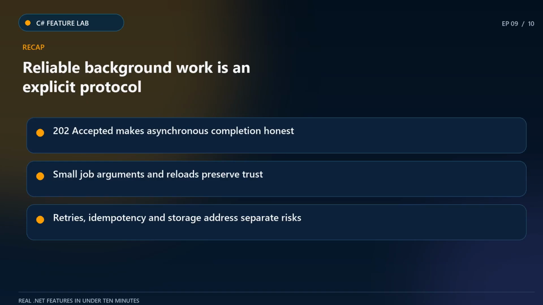Episode 10 introduces the first multi-tenant boundary so identity, background work, and data access all carry an explicit tenant scope,